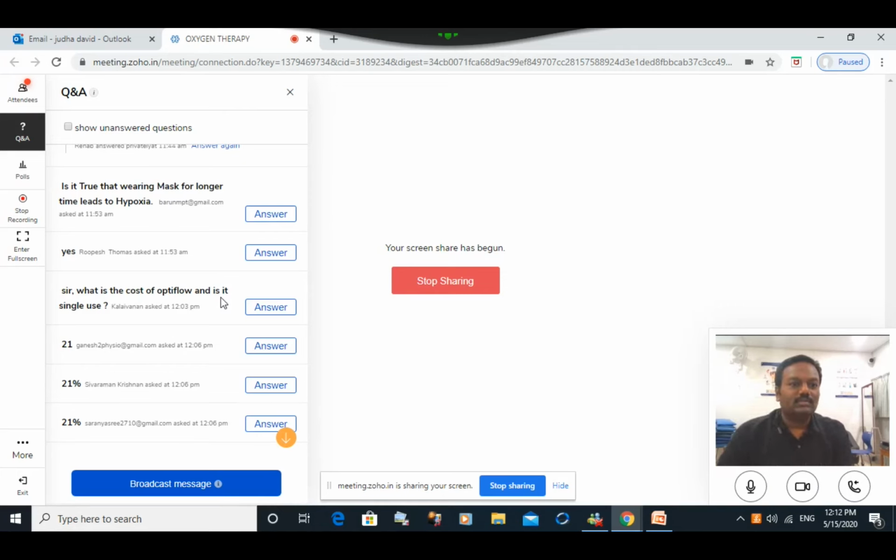Next question. How do we decide how much oxygen the patient needs? For example, I mentioned very clearly, you need to understand the background of the patient first. Does your patient have chronic respiratory conditions, for example, chronic obstructive pulmonary disease? They have a significant history of smoking. Sometimes there may be diagnosed COPD, there may be undiagnosed COPD.